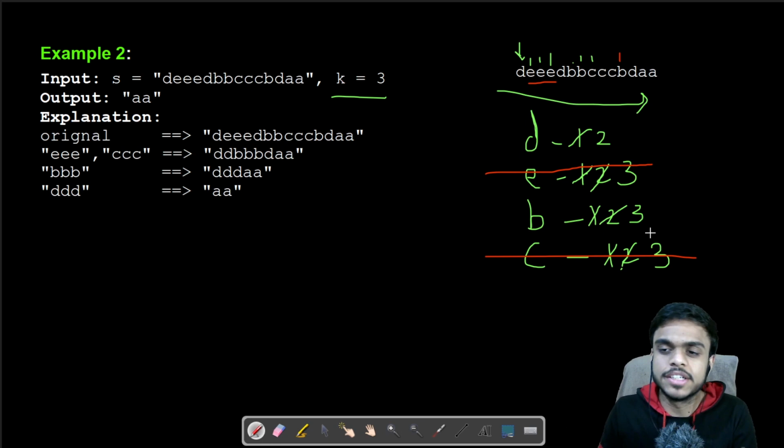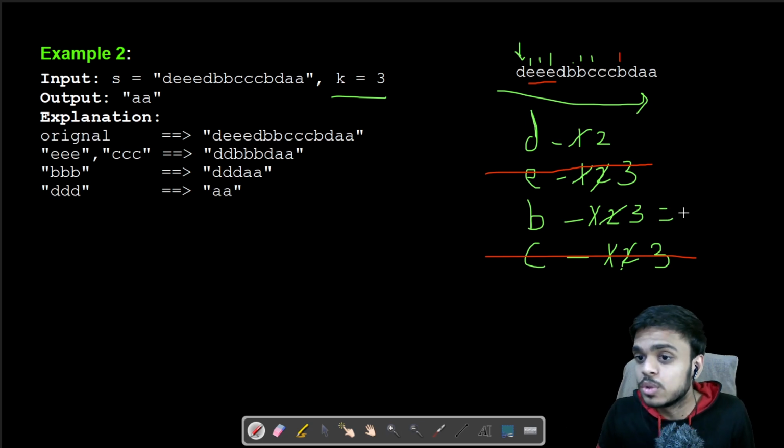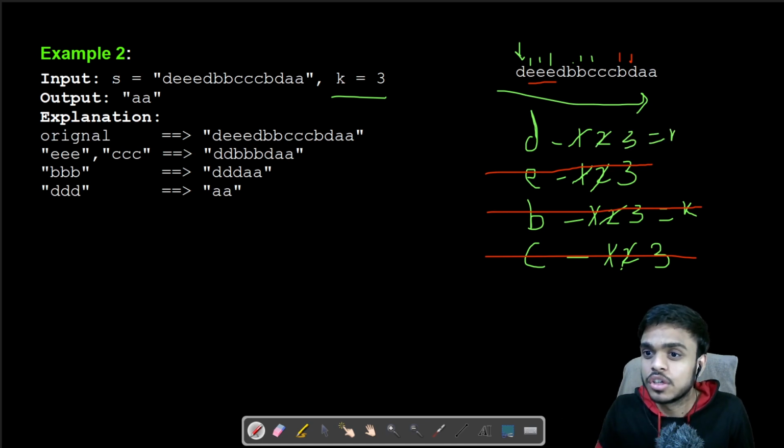Now that we have its counter at 3, which is equal to k, so again this time too we have to remove this element. Then we have d, and d2 is already present on the top, so we just increment its counter to 3, which is equal to k, so we remove this element too. And now we are left with an empty table.